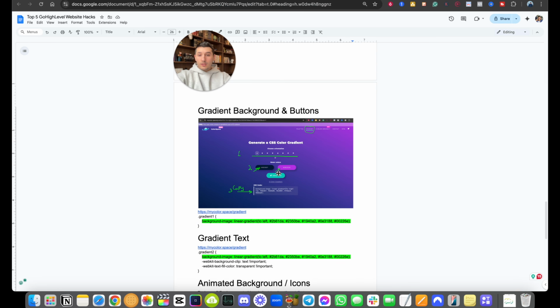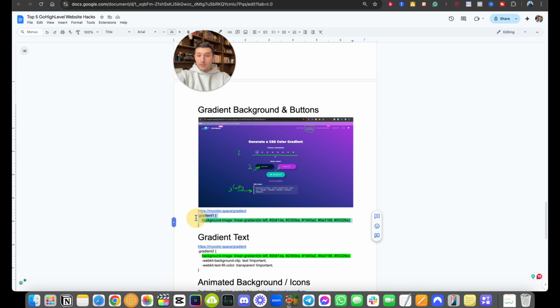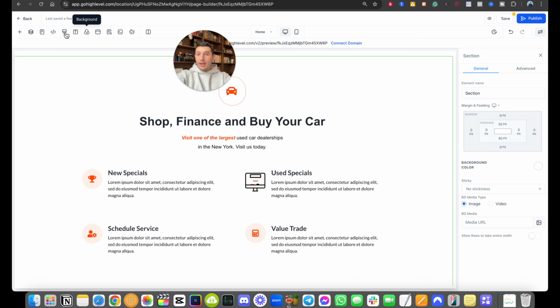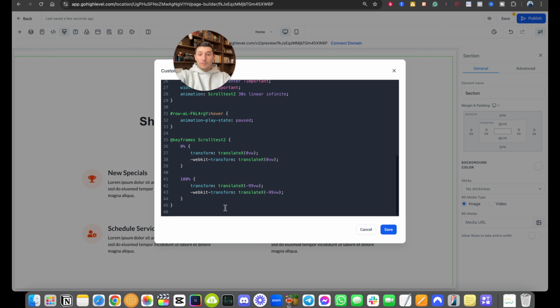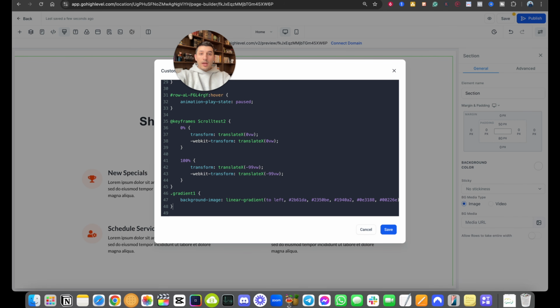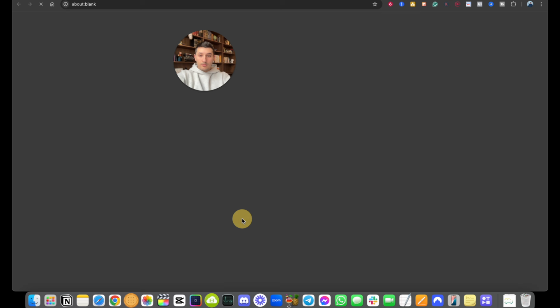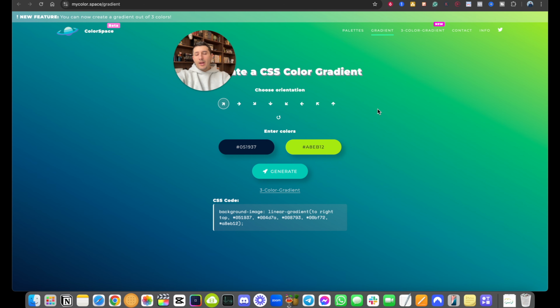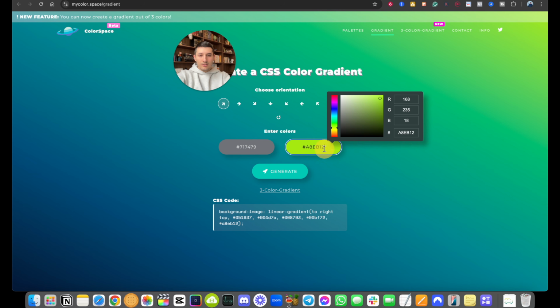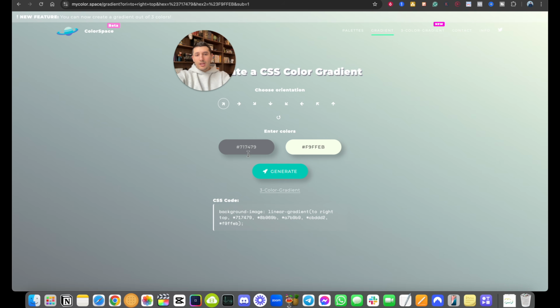To do that, you copy this CSS code, you go to your website builder and paste it in the custom CSS section. Then you go to this website, My Color Space. You have to play around with it to find the right color combination for your specific website, for your specific purposes. You know, for example, you go with this and then that, generate,